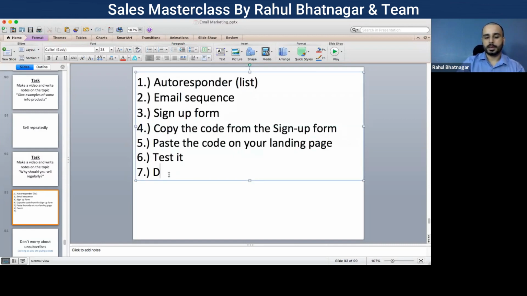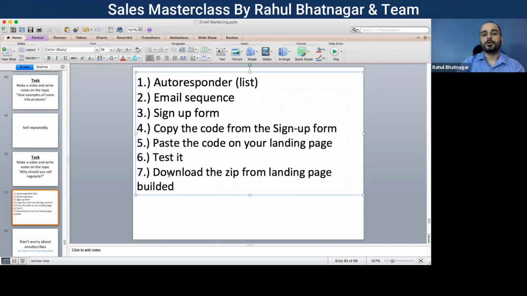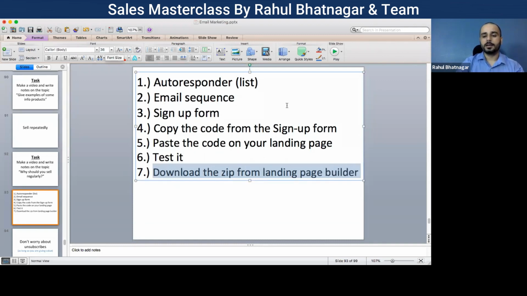7th, download the zip from the landing page builder. It's an example. If you don't have a landing page builder, then you can use a simple page also. You can create the page using that email autoresponder only.